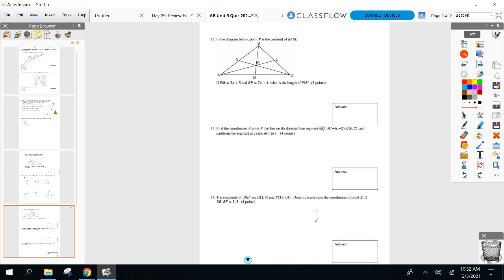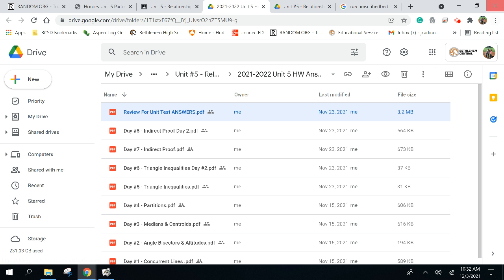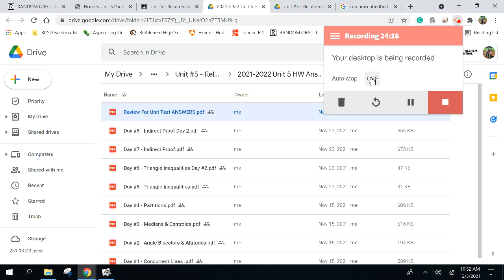Packet work, book work, extra practice on classroom. Choose your adventure. Remember, all the answers to the packet are up under homework answers, so you might want to